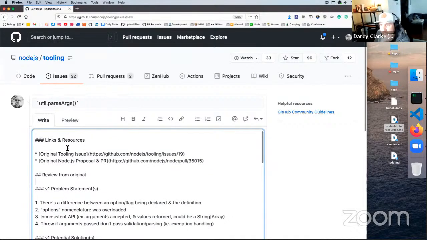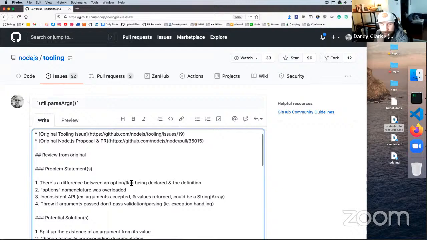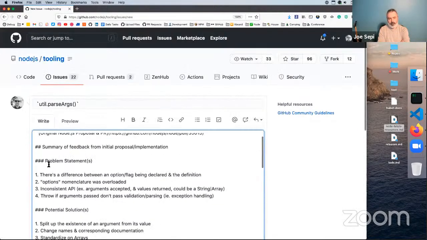You could say something along the lines of review from V1, from original. I agree with what you're saying, Joe. We want to encapsulate that the reason I've framed it this way is that we went and read through all these conversations, and we tried to summarize essentially what the feedback was. So maybe it's like summary of feedback, initial proposal, that we can make this less of a